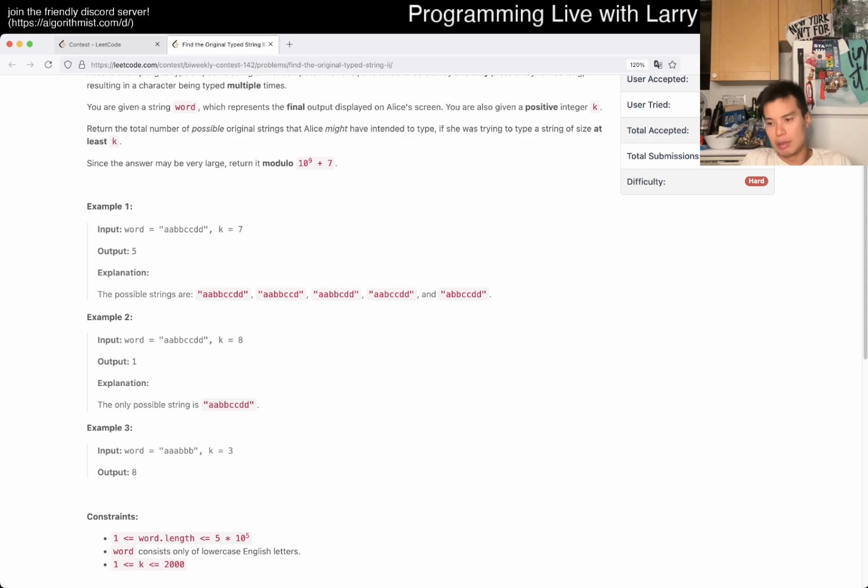That's 2000. So my intuition should be right for the naive case. And then you subtract out.